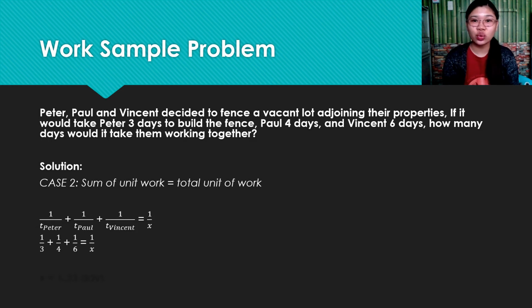Take note that we are finding the value of the letter x only. So if you are solving, solve for x, not for 1 over x. So x is equal to